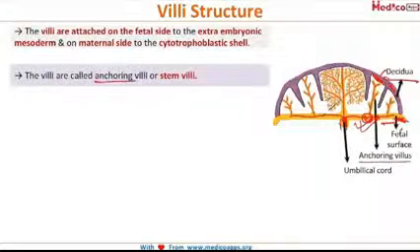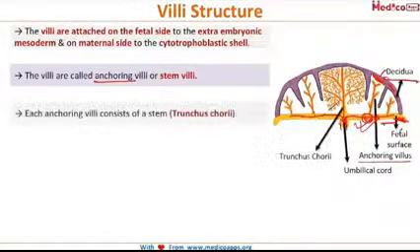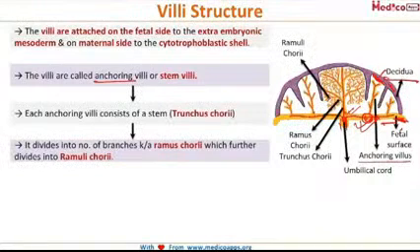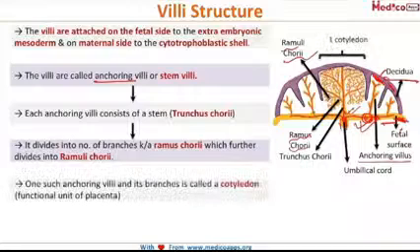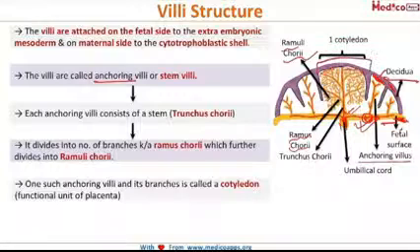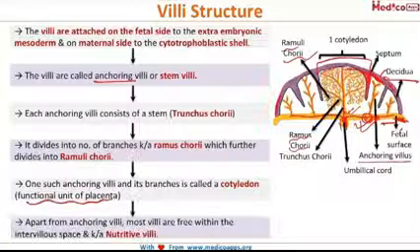Now each anchoring villus consists of a stem which is called truncus chorii, and these divide into a number of branches called rami chorii, which further divide into the ramuli chorii. And one such anchoring villus along with its branches, this complete thing, is called one cotyledon, which is the functional unit of the placenta. And apart from the anchoring villi, most villi are free within the intervillous space and they are called nutritive villi. And there was a question recently asked, what is a cotyledon, and the answer to that question was